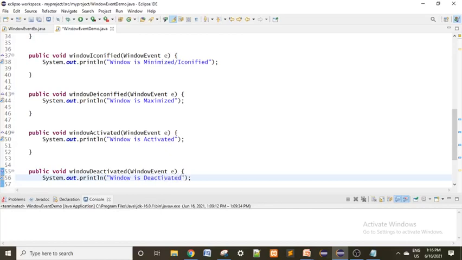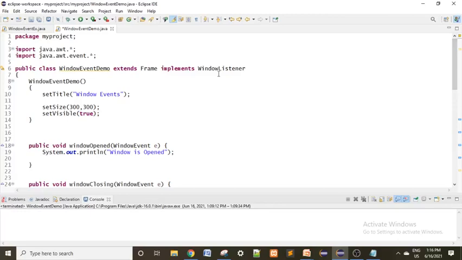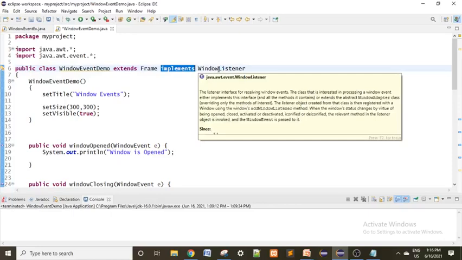Okay, so like this we have to implement. Initially all these methods are unimplemented. Those are called abstract methods. So when you implement the window listener interface, we have to implement all the methods of this listener interface, right?